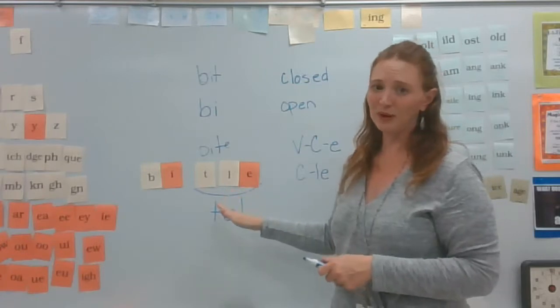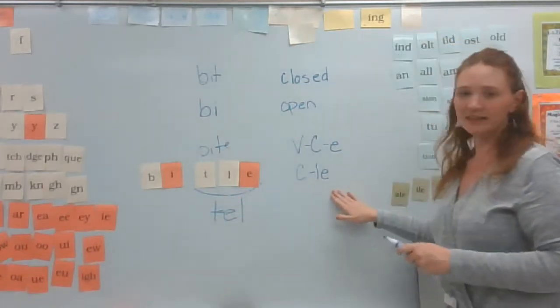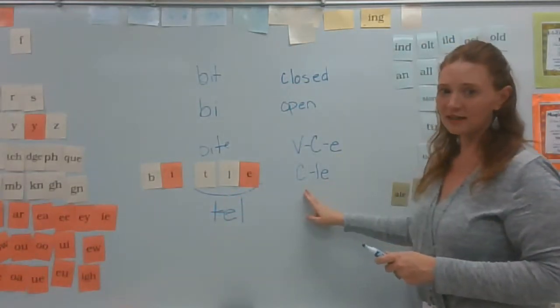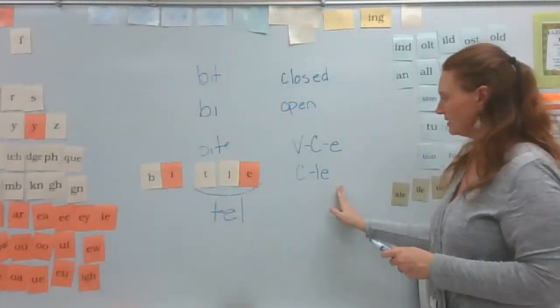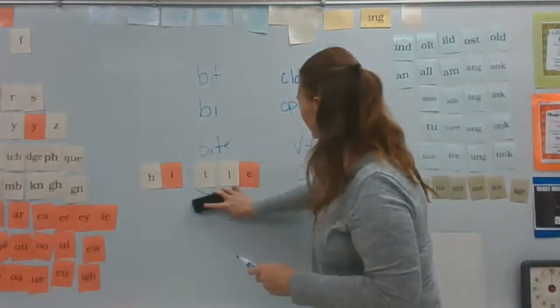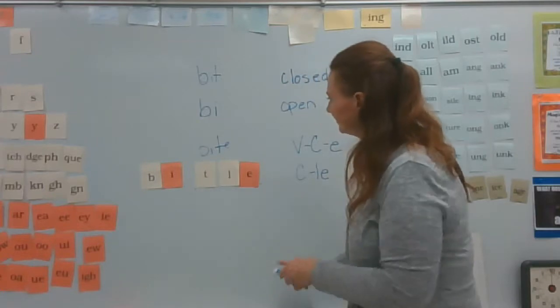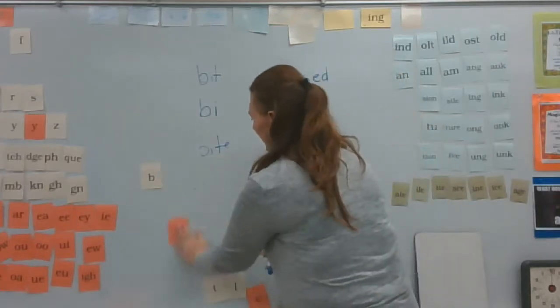This is a made-up word, but the consonant LE syllable will always contain the consonant with an LE at the end. So that's type 4. Type 5